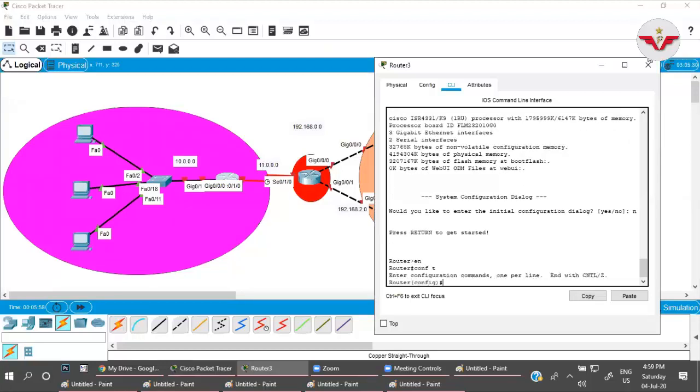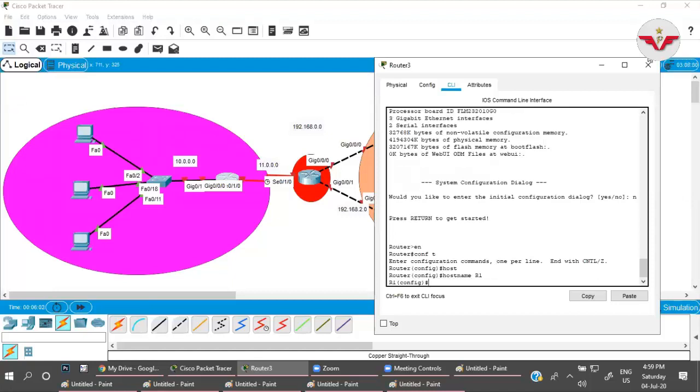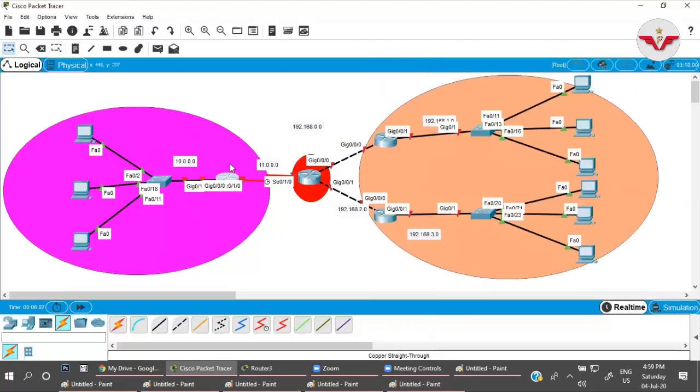Enable, config t, hostname R1. Here we have two interfaces. Let me check which one is which. Okay, at the right serial 0/1/0 and at the left G0/0/0.